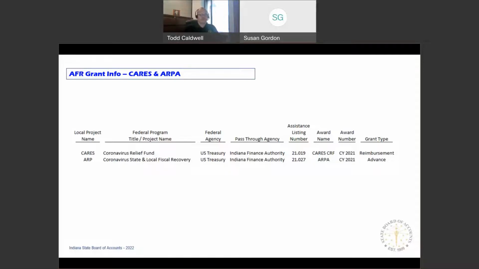The other columns in the grants section are going to be amounts from your local records or from your ledger. It's going to ask for the amount received, the amount spent, the amount of insurance in effect, which is normally going to be 0 for these. There are some other columns that are all financial that are going to be particular to your unit, so you'll want to refer to your records for those.